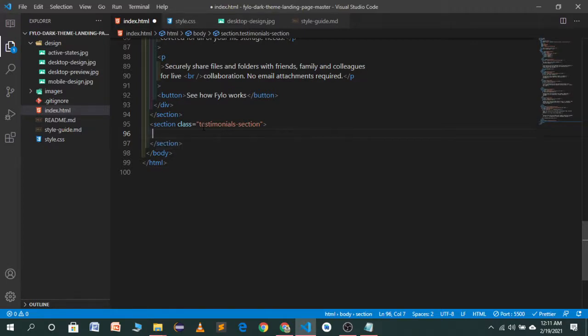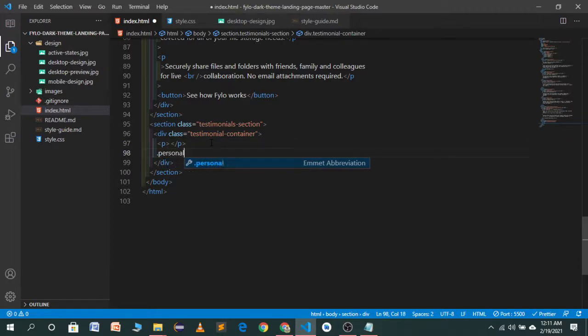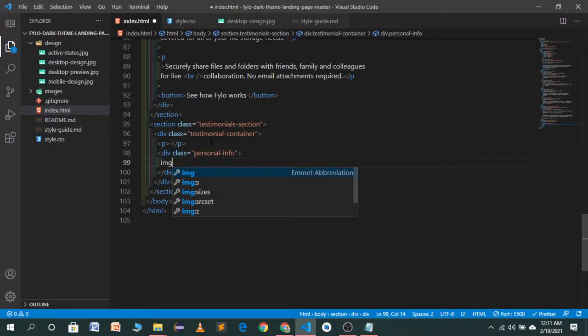I think we will call it testimonial container. We will have a paragraph, and the second part will be the personal info, and in this personal info we will have an image, and then